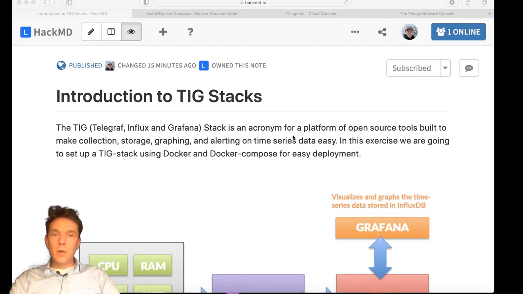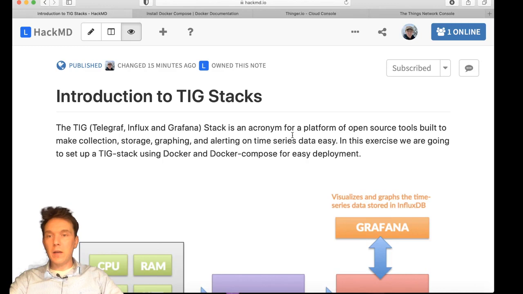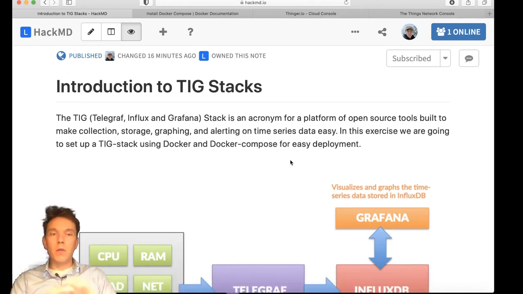Welcome. Now we are going to set up and go through our first TIG stack for installation on your own computer. And the TIG stack is a stack for Telegraf, Influx and Grafana. So it's a couple of open source tools that you can use to